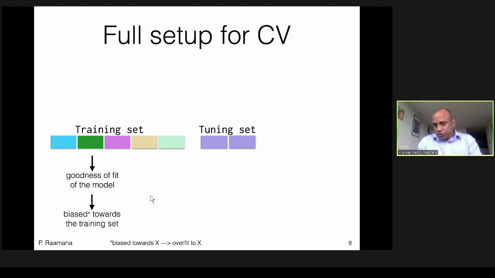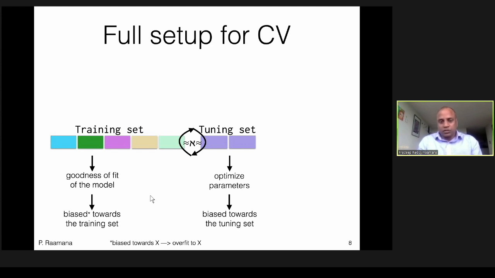So you use a tuning set, a separate one, to optimize the parameters, pick the optimal parameters, right? And because you pick the parameters based on this tuning set, the optimal model is biased towards this particular tuning set. And in order to evaluate this optimized model, you need a separate third set